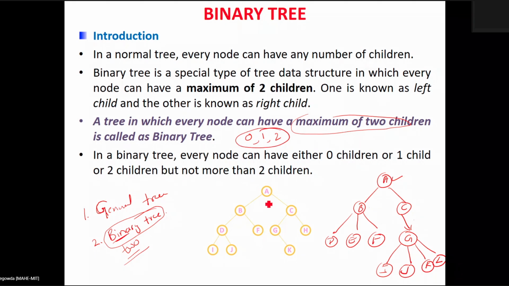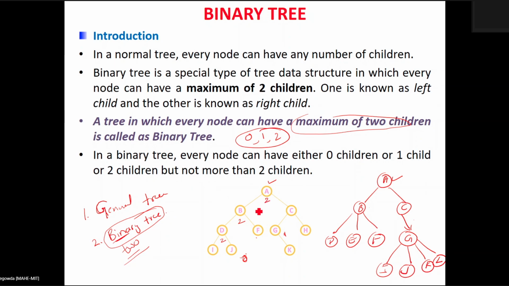For example, if you look at this particular example, the root node, A, has 2 children, and B also has 2 children, whereas D has 2 children, but F is a terminal node here. G has only 1 child. All the leaf nodes in a binary tree have zero children. That is why it is called a binary tree, meaning that at most we can have only 2 children.